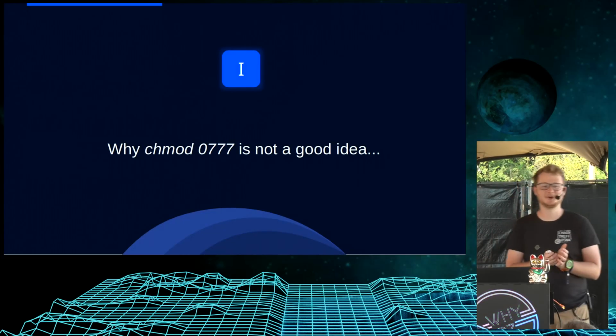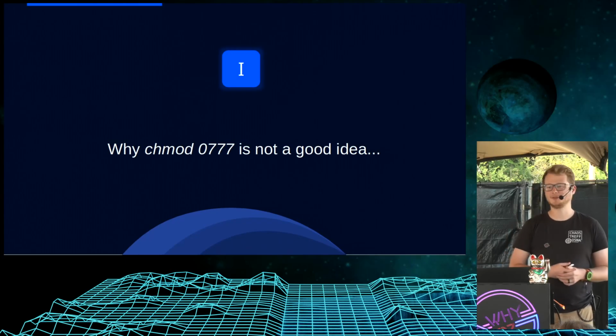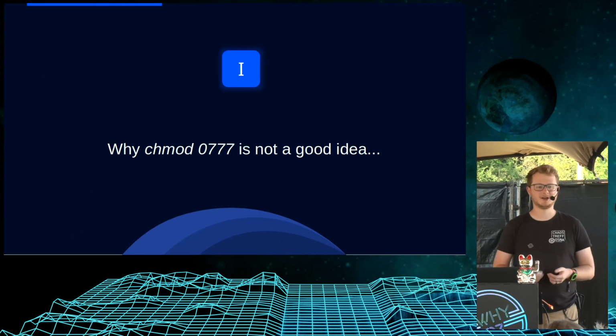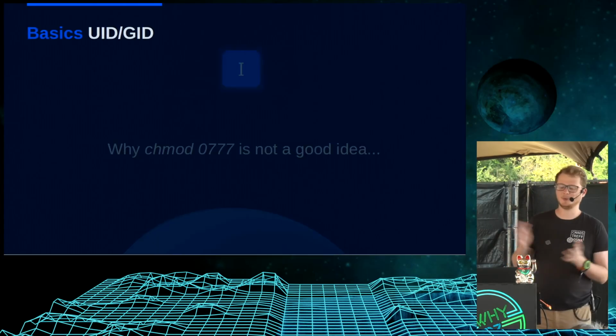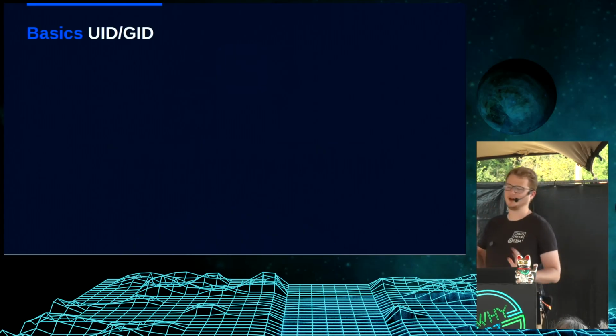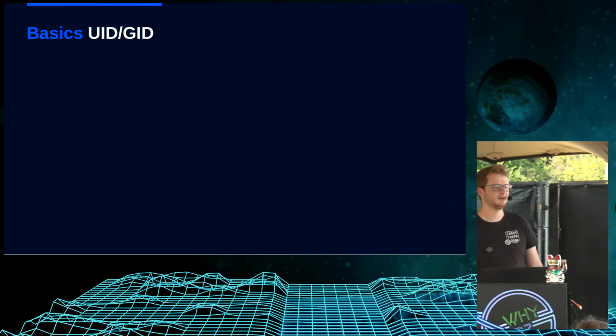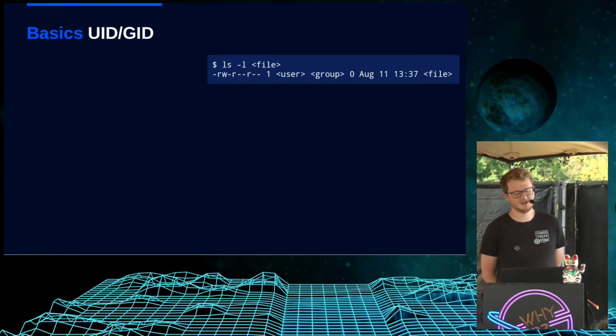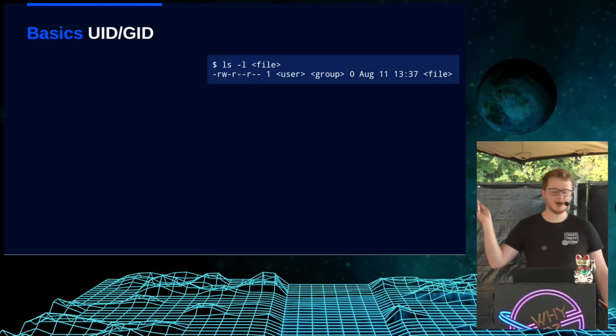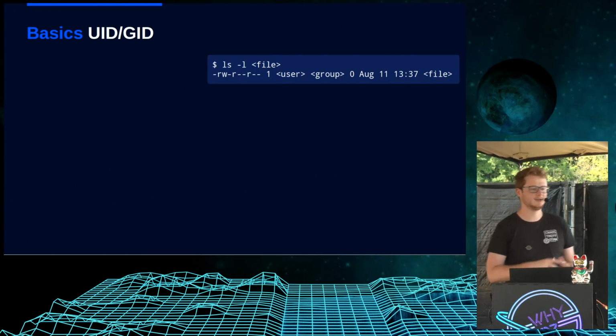Why is chmod 0777 not the greatest idea a user can have? After which they downloaded a file from the internet and are unable to execute. So, what does this mean? They just read this command somewhere on Stack Overflow. What is going on? So, starting off with user IDs and GIDs, you maybe know this command, ls -l,